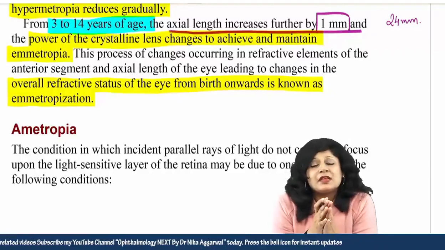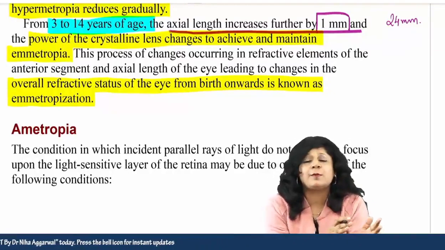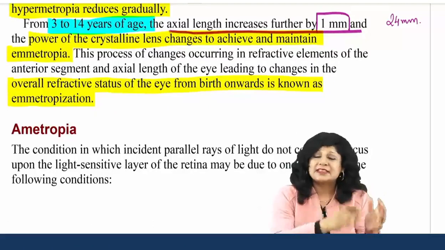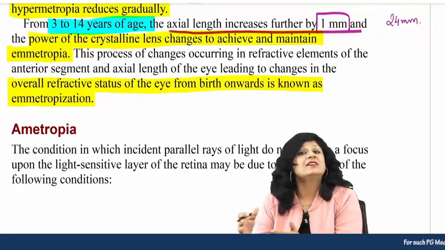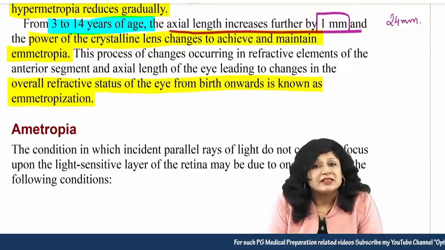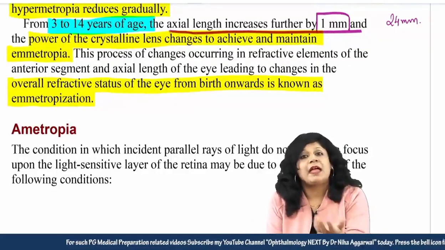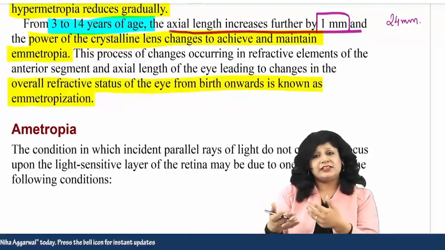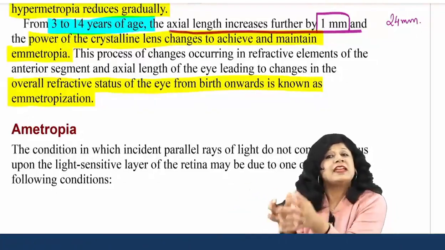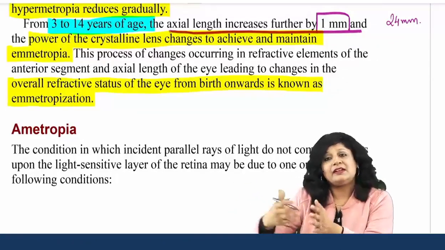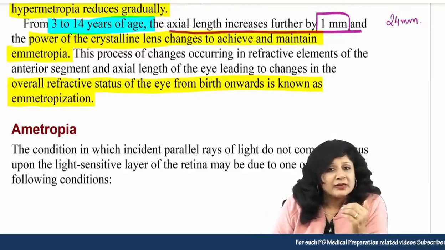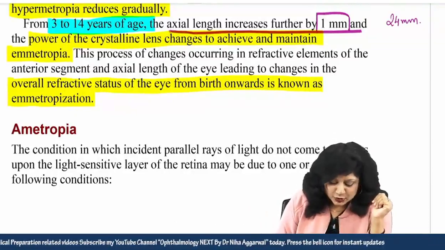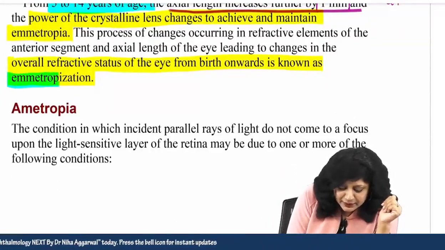The moment the baby is born, he or she was hypermetropic, the axial length was also less, the cornea was steep, anterior chamber was shallow. But from the same day, there is a journey. One step starts towards that emmetropization, and slowly and gradually it reaches 23 mm at 3 years of age, and still it covers 1 mm there. The lens is also increasing its curvature so that we can compensate for that decrease in the power, and ultimately the power becomes normal, and now we don't have more of hypermetropia, and ultimately the baby becomes emmetropic. So this process is called emmetropization.